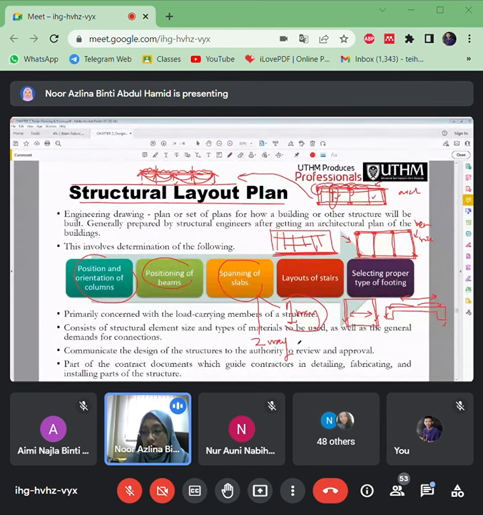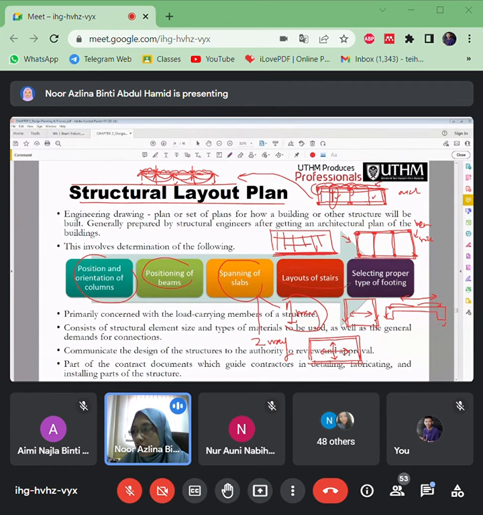Different with this two-way here. Okay, kalau two-way, ada dua directions lah. So that means all the corners here have beams. Kan? So part of it will transfer in this direction, and then another load will transfer in these directions. Okay, so that is the difference.